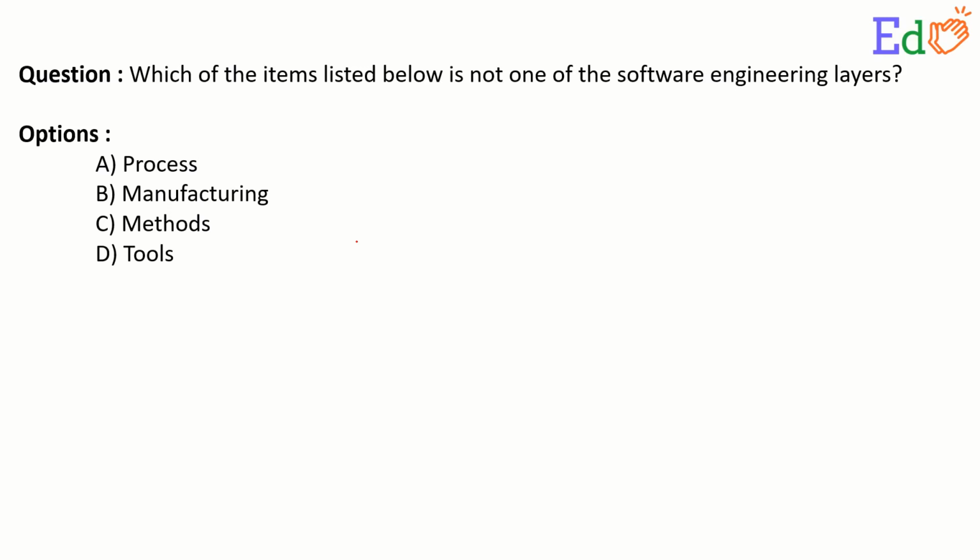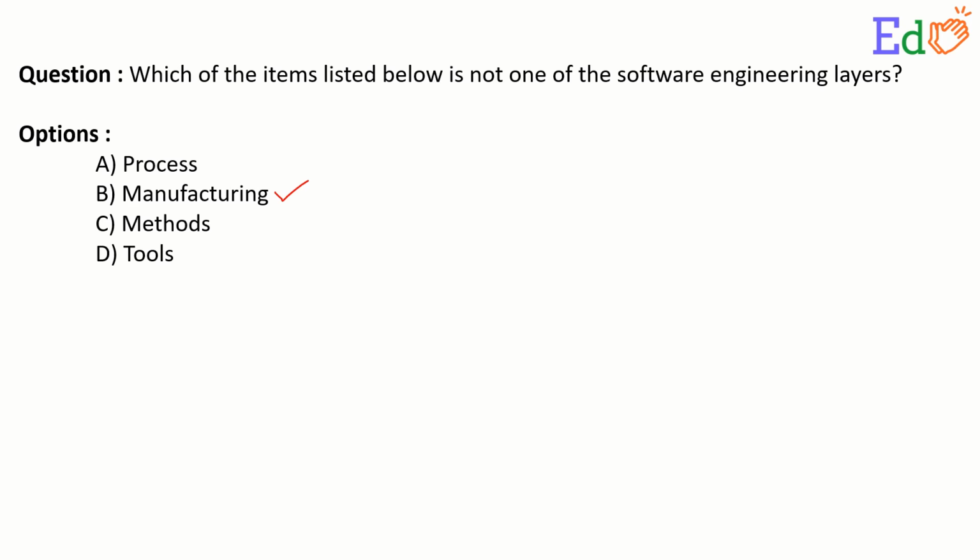The question is, which of the items listed below is not one of the software engineering layers? The options are process, manufacturing, methods, and tools, and the correct answer is manufacturing, because manufacturing is not one of the software engineering layers, while all the other three options, process, methods, and tools, are the three layers of software